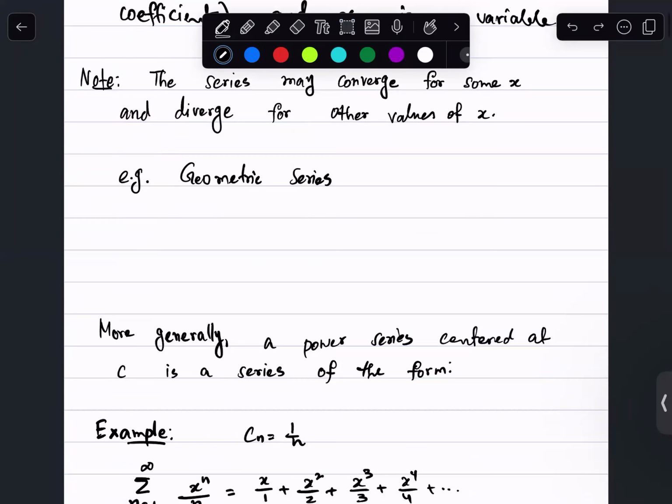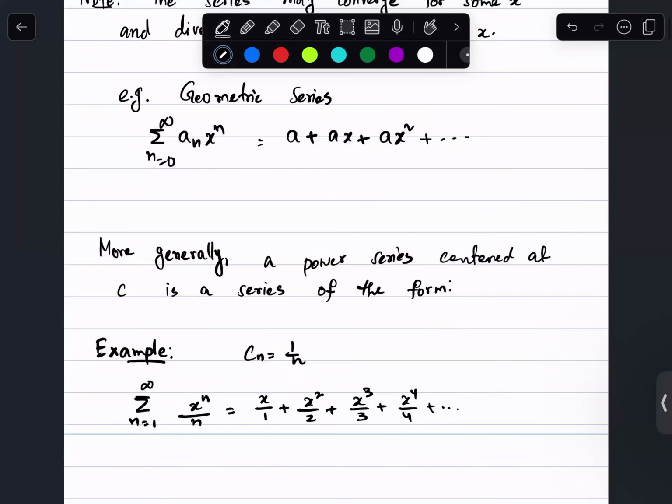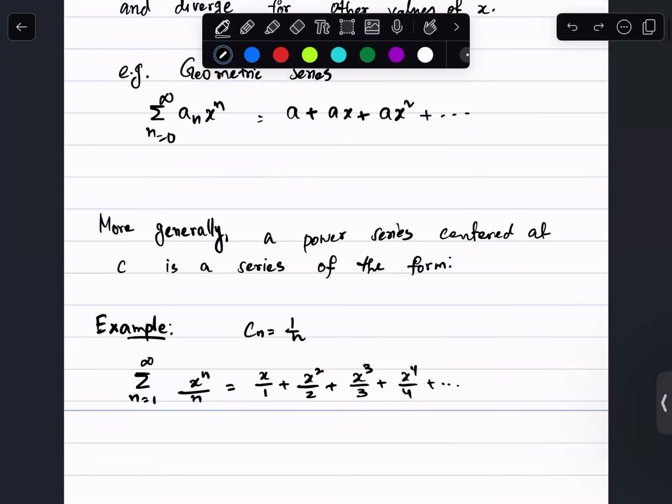For example, if you consider the geometric series, summation a x to the n, n equal to 0 to infinity, which is a plus ax plus ax squared plus so on, right? So here your common ratio is, I guess, x. The first term is a, then you multiply it with x and get the second term, and then again multiply with x and get the third term, and so on. So the common ratio is x, and this series converges